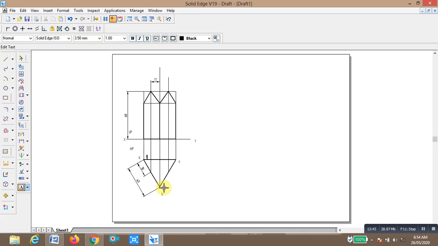This is point 3 at B, and 4. This is point 4, and this point is 5 at C. This is 6, right? This is 7. This point is 8, right? Now with the select tool, just zoom in and make the numbering properly.